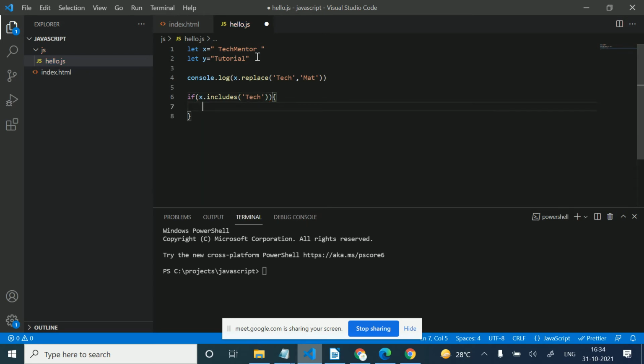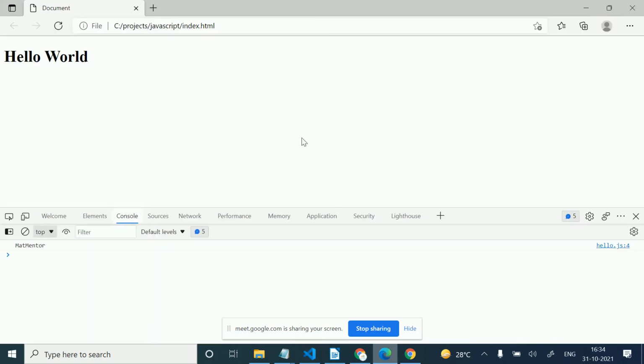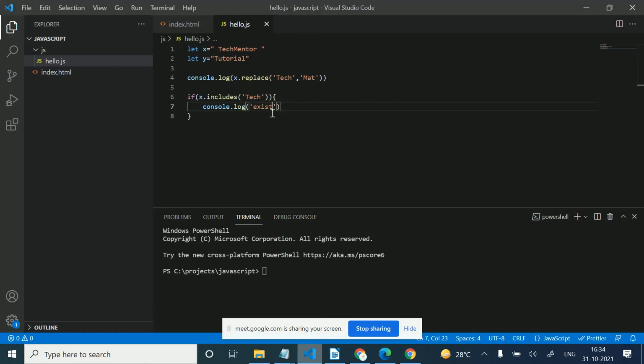If "tag mentor" contains "tag", then we get true, and it will print console.log "exist". Let's see in the browser. We are getting "exist", so "tag" exists in "tag mentor". This type of check we use in JavaScript programming.